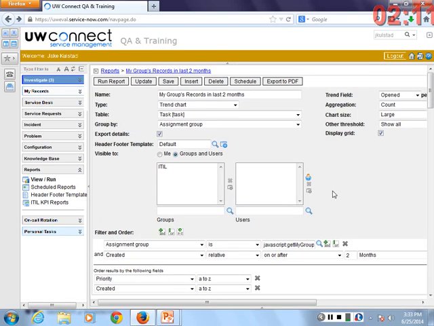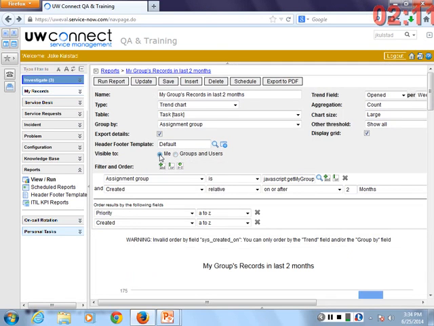OK, so you say, well, that's an OK report, but I'd like to tweak that. I don't want to learn how to do everything. I want to tweak your report, Jake. Here's what you can do. I'll just note that you could edit it and save, but that would actually save the version that's shared with everyone. I don't recommend that. What I'd like you to do is take a look at this visible to field, and you can see why everyone can see it because it's available to this group, which is everyone. If you change that to me,